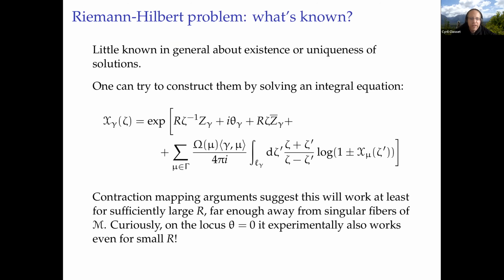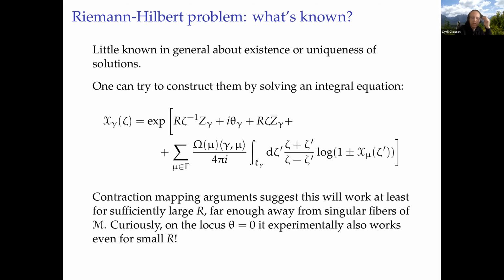I said that, right. Surprisingly, this integral equation in principle is not supposed to be an expansion. The equation is supposed to be exact. It's just that the method of solving it by iteration, the kind of estimates that show you that iteration would actually converge, only work at large values of R. And it is for the reason that you would think. From a physics point of view, the contributions from BPS particles going around that circle are more suppressed the larger R is. But the equation is not supposed to be an expansion. It's supposed to be an exact equation. So if you can solve it, you're in good shape. And for whatever reason, it seems that you can solve it even in domains where you might not have thought you could.